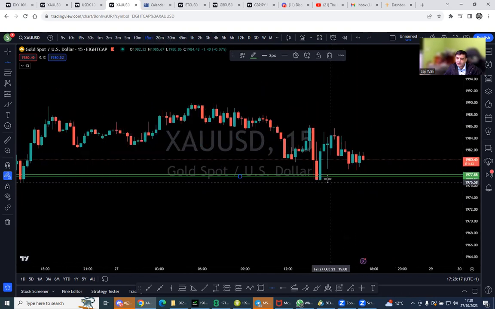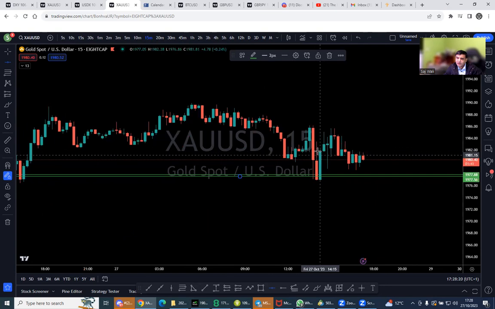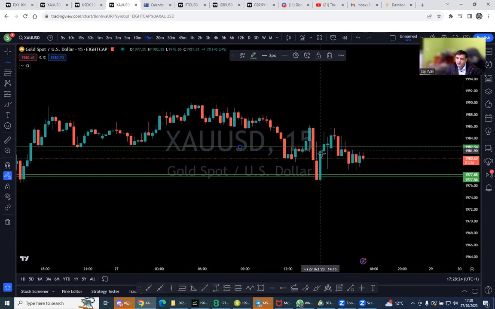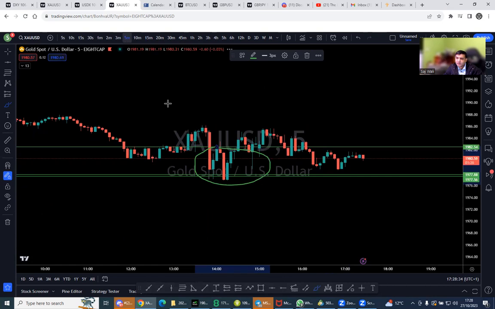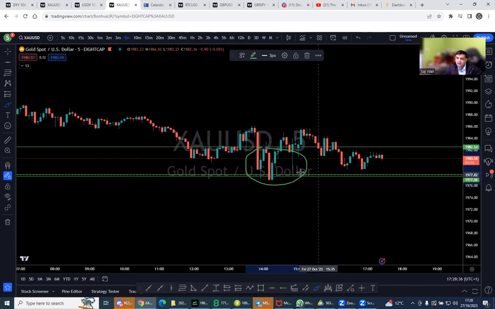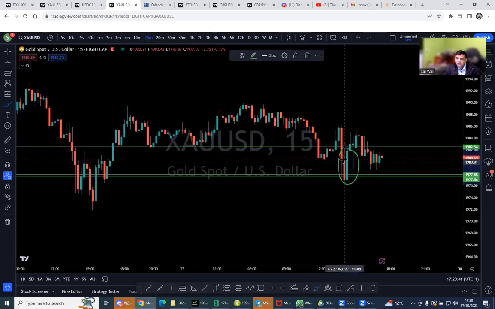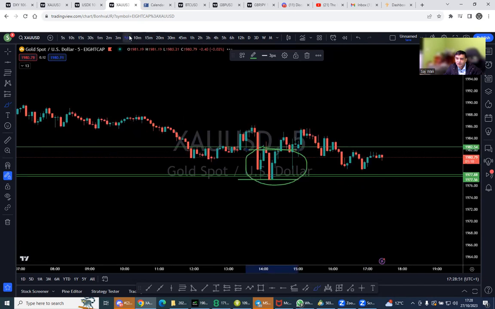However, if you do take a trade, look at 15 minutes. Once you took a trade, when you see such a candle in 15 minutes, you go smaller time frame. This was a 15-minute candle. And if you go 5 minutes,